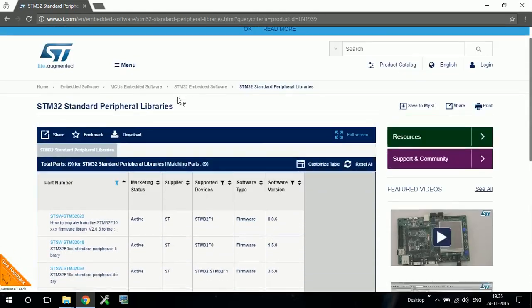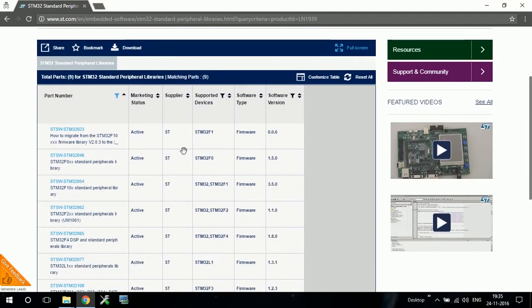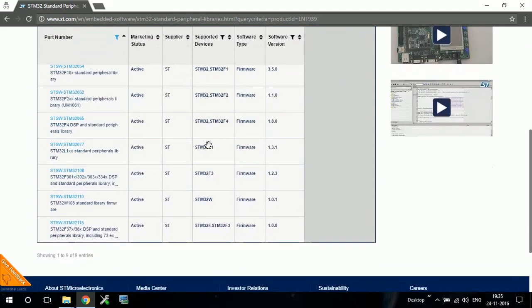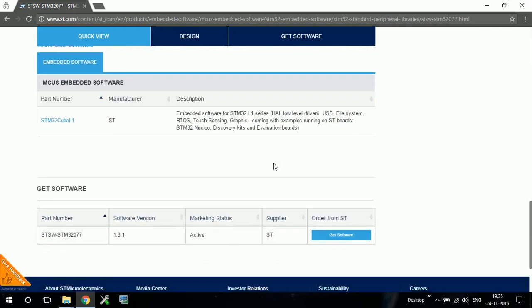In this page I will find all the libraries for all the boards developed by STM. So let us find our board, that is the L1 series, as our board is STM32L152RE. I will download this library, and here is the download link.